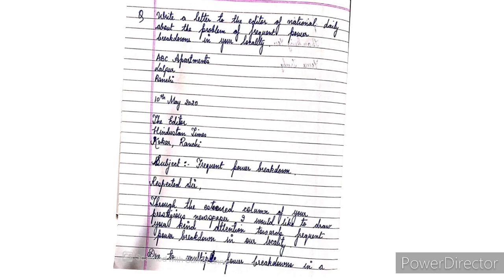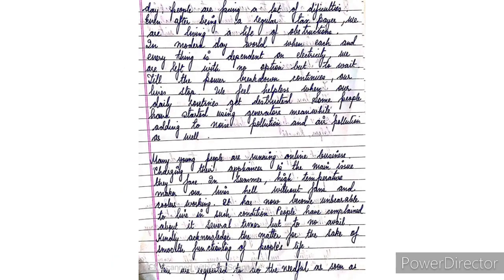Then you will change the paragraph, and once you change the paragraph you will put a full stop in the first paragraph, and then you will leave one line and start the second paragraph from the left hand side. So once you change the paragraph, the first paragraph will end wherever it ends, put a full stop, leave one line and start from the next line, which will start from the left hand side.